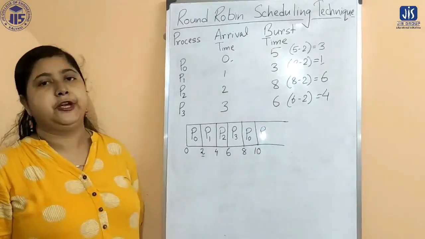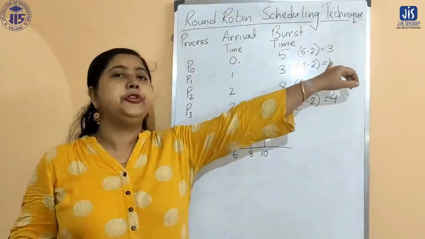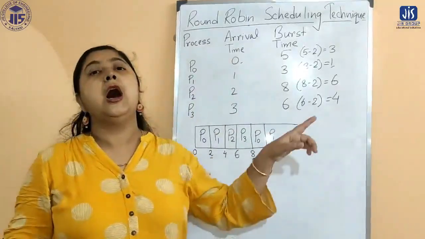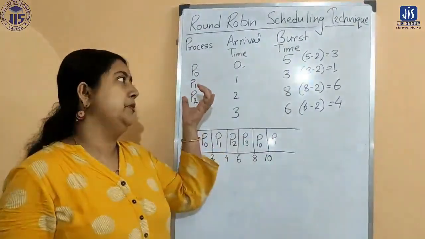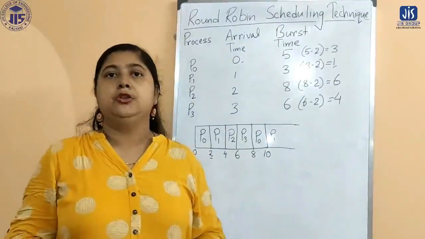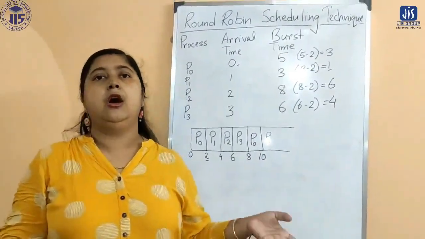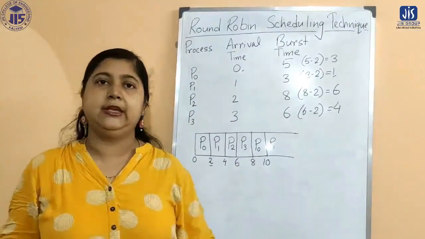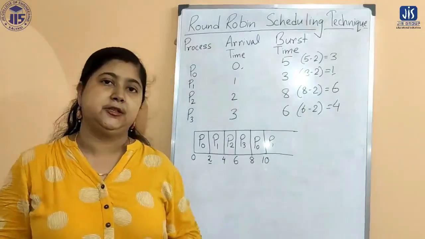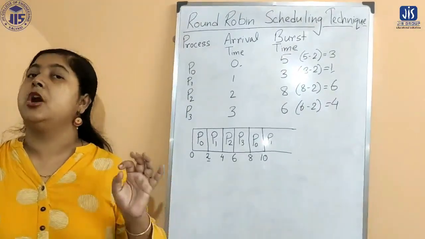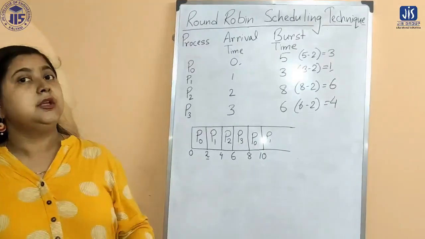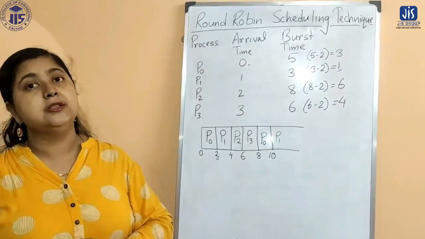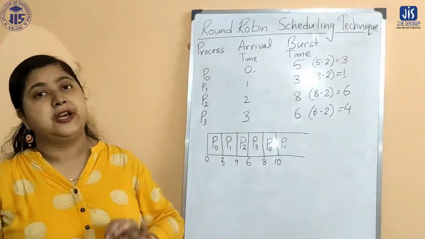Obviously for 1 unit of time, because it's required 1 unit of time only. After this 1 unit, P1 is going to go out from the system because P1 has completed. So there is no question of the CPU being with P1. Obviously, after completion of the process, the time slot is not going to expire. The processor will automatically go to the next process, the process with the next arrival time.